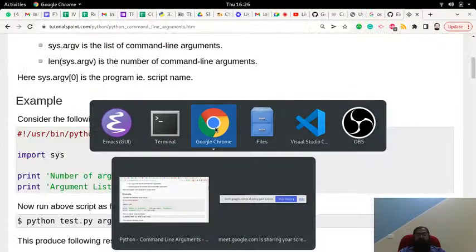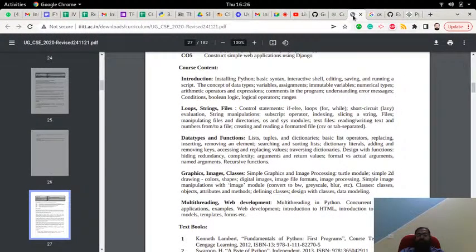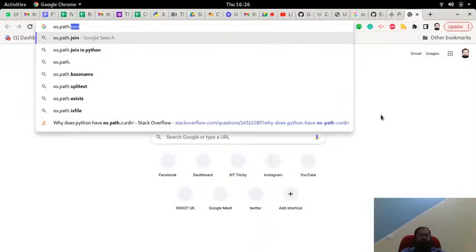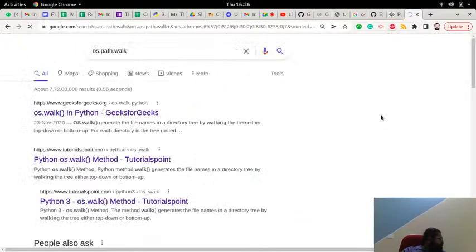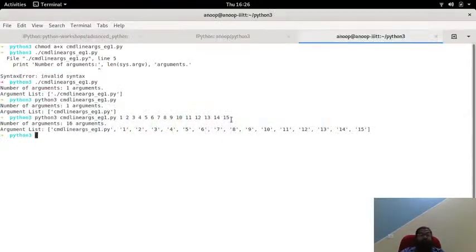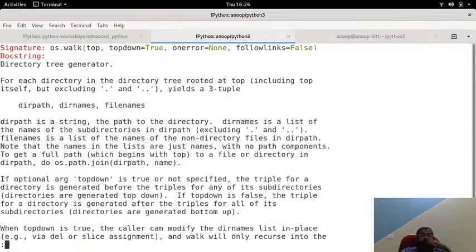So I have given you a very quick brief introduction to the OS and sys modules, and about files and directories. Let me do os.path.walk. Is that there actually? Let me see. It's os.path or os.walk. Okay, so that's another function that I want to tell you, os.walk. So os.walk can actually